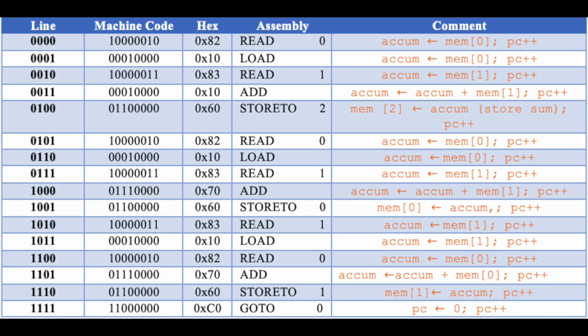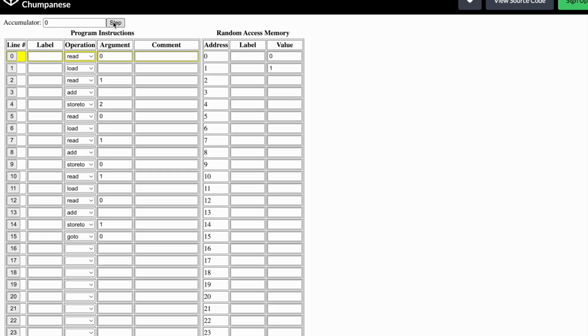Unfortunately, my code is unable to be displayed in my CHUMP, but this is what the code would do if it were to be displayed on my CHUMP. Essentially, it calculates the Fibonacci numbers by adding the previous two values from memory and updating mem0 and mem1 with the latest results. So first we read address 0, and there's a 0 there, and then we load it to